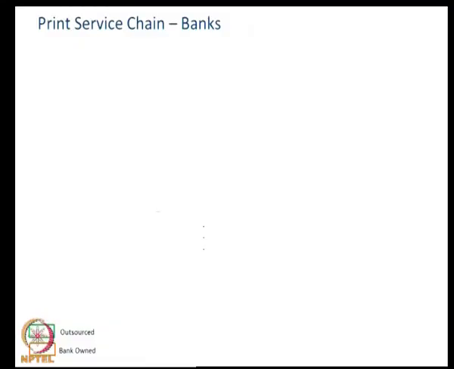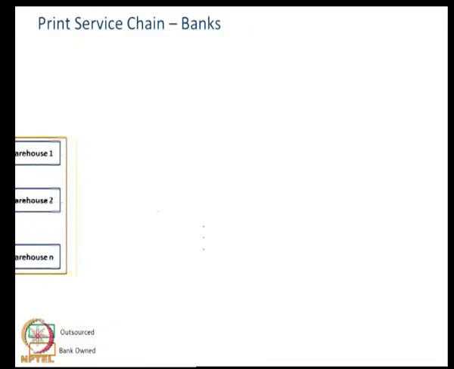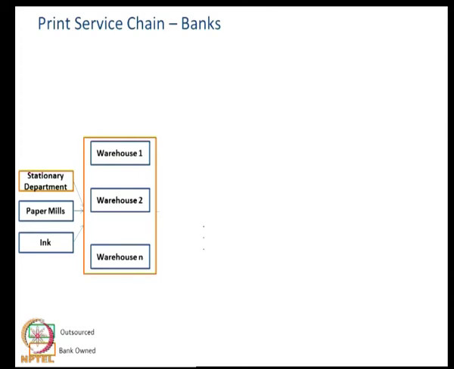I'll very briefly look at orchestrating a print supply chain. So what is a print supply chain? Suppose you have a bank, and the banks basically require a lot of printed forms. Supposing most of them do online transactions, but if you want to take an auto loan or a house loan, then you have to fill in some forms, get your signatures and so on, and these forms have to be saved somewhere.